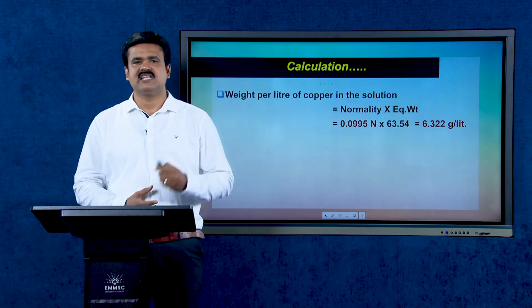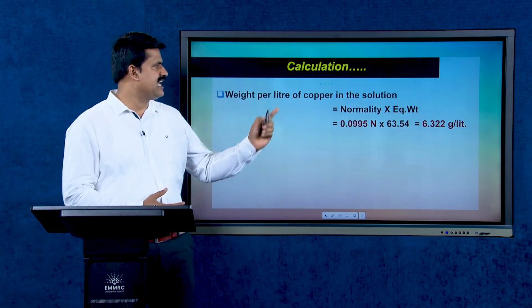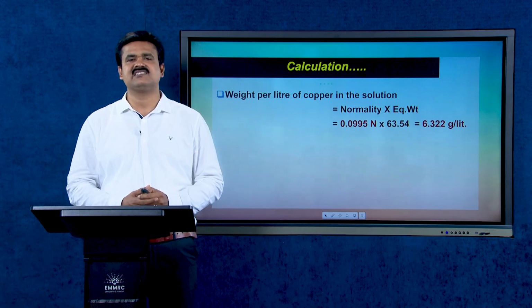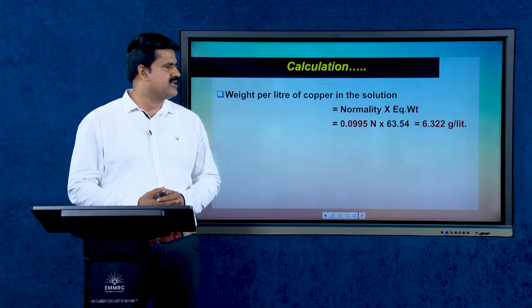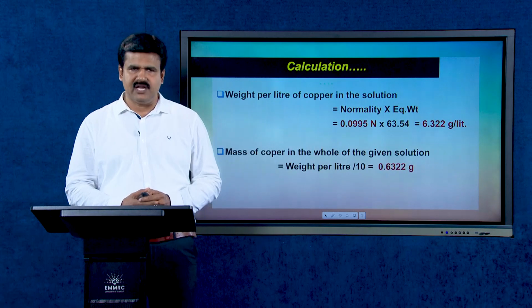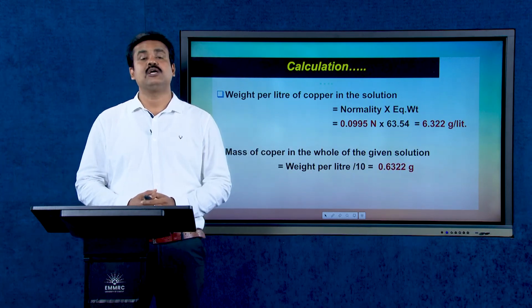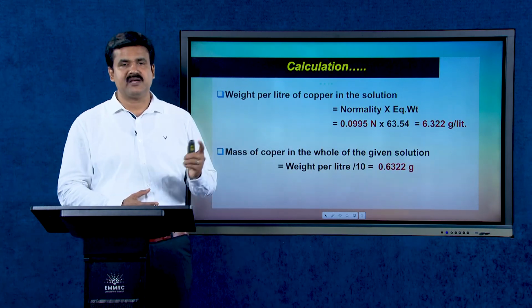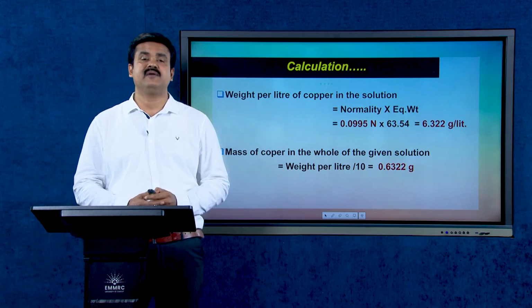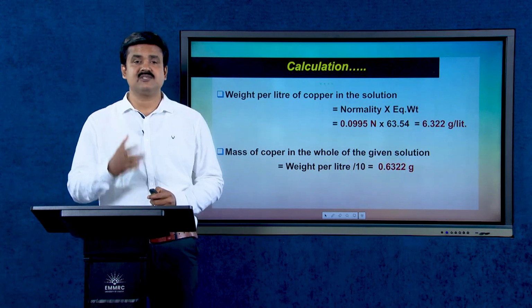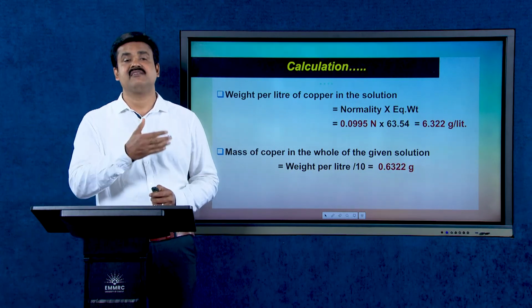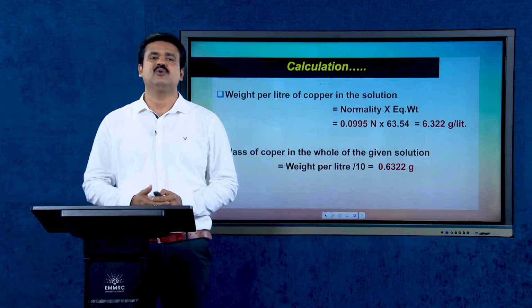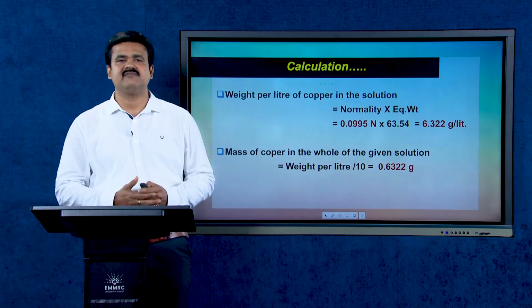Now, weight per liter of the copper in the given solution is calculated by using the expression normality into equivalent weight, that is equal to 0.0995 normal multiplied with 63.54, the equivalent weight of copper. You got the value as 6.322 gram per liter. Now, the mass of copper in the whole of the given solution is calculated by using the equation weight per liter divided by 10. Divided by 10 is because you made up the solution to 100 ml. That's why we are dividing it by 10. So, you got the mass of copper in the whole of the given solution as